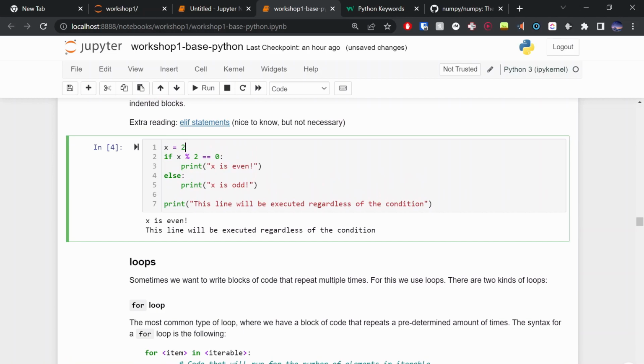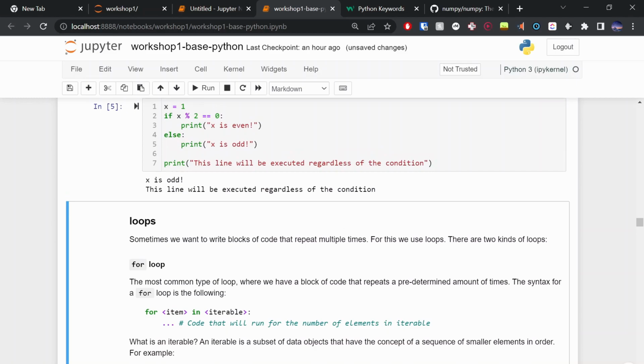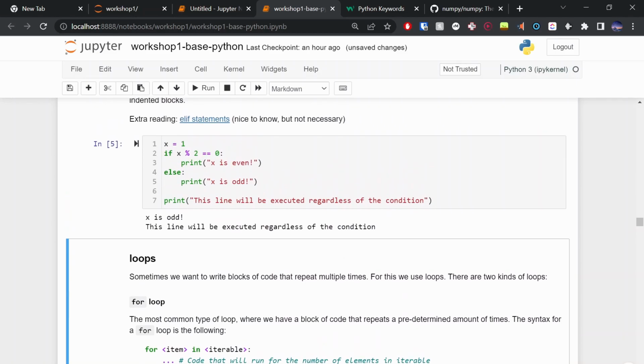because now, since x is even, this top statement, this if statement, will execute instead of the else statement. Cool. So that's pretty much it on if and else. You can pretty much construct any sort of decision tree you want. If we imagine this diagrammatically, there's just one fork in the tree that branches out.